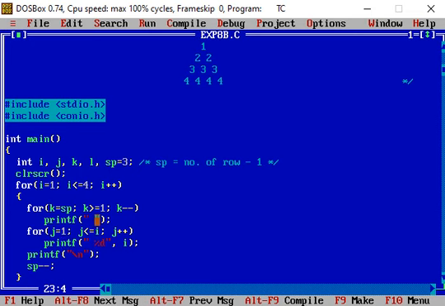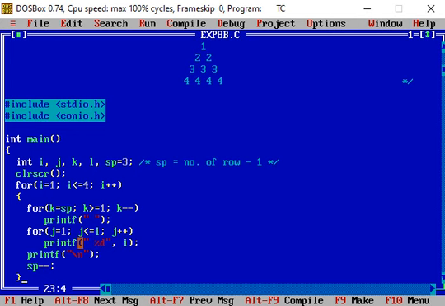When the condition is true, the printf statement is executed and prints the value of i, which is 1. So 1 gets printed at the format specifier %d. That is printed after shifting the cursor 3 positions right from the initial column. So 1 gets printed, and then the value of j is incremented. So j becomes equal to 2.